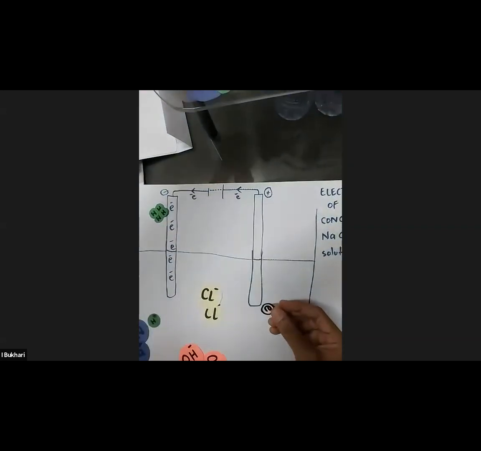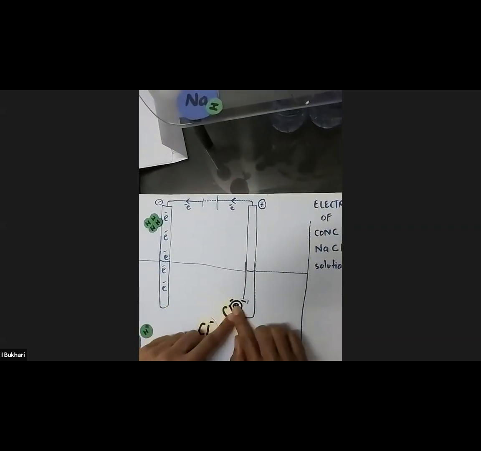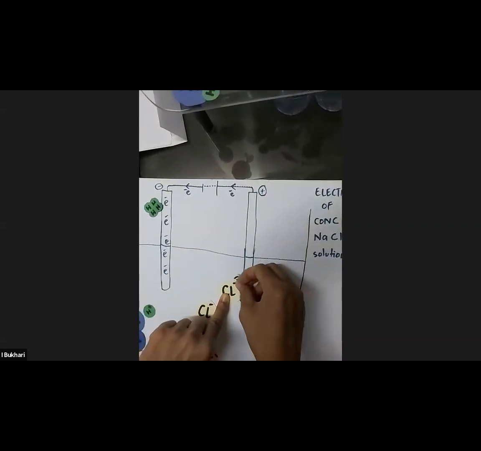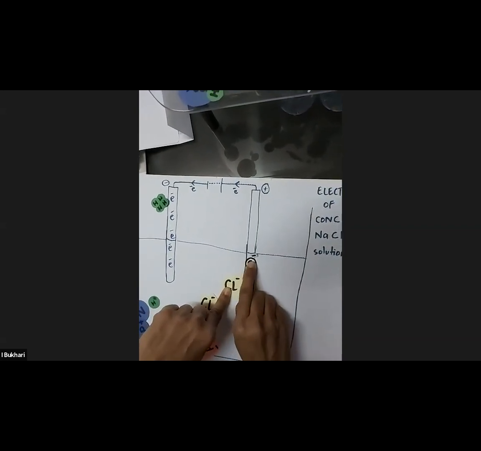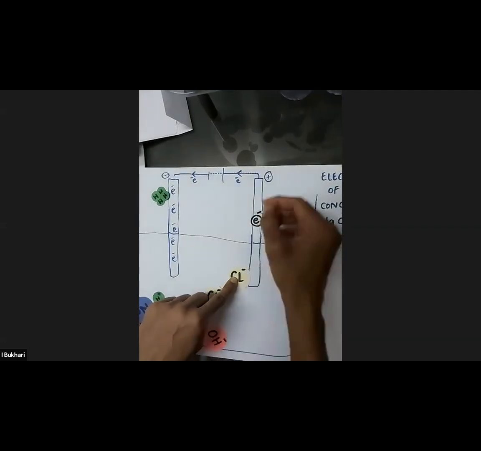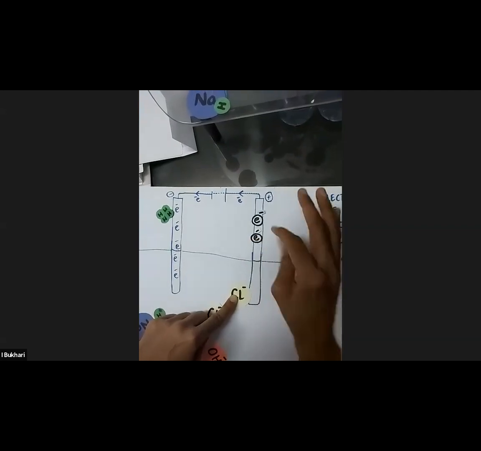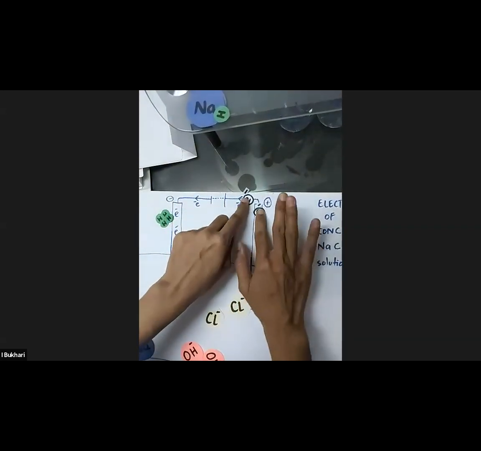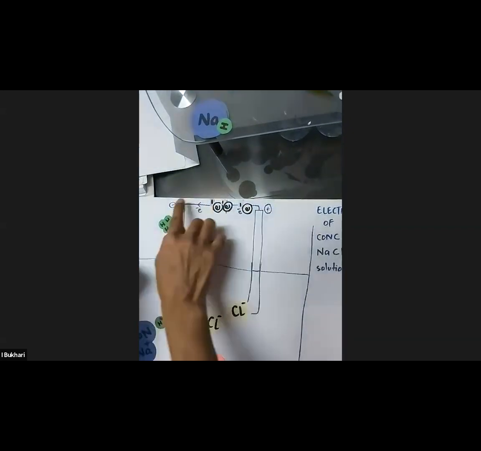Now, when they lose it, what happens again? When the chloride ion loses this electron, it is lost to the anode. Where is it lost? The electron is not lost to the solution. The electron is lost to the anode, which is positively charged. So when there is an excess of electrons, lots and lots of electrons, can you see? I made these so that you can visualize what's happening. So lots and lots of electrons travel up and go towards the positive terminal of the battery, and so they complete a circuit.